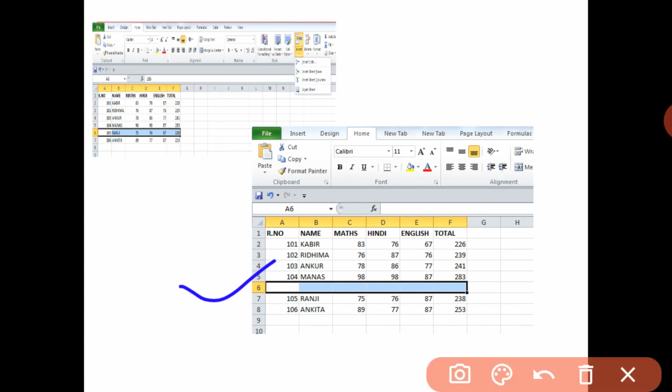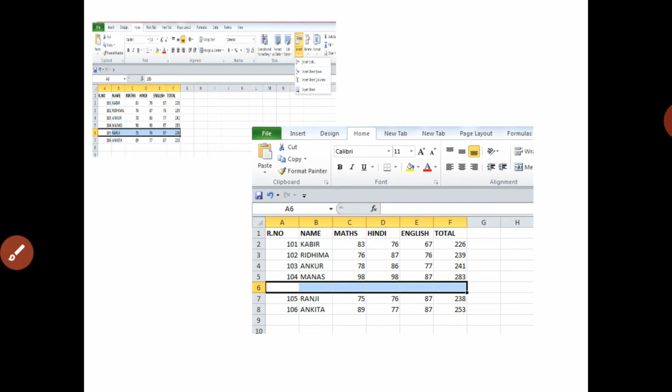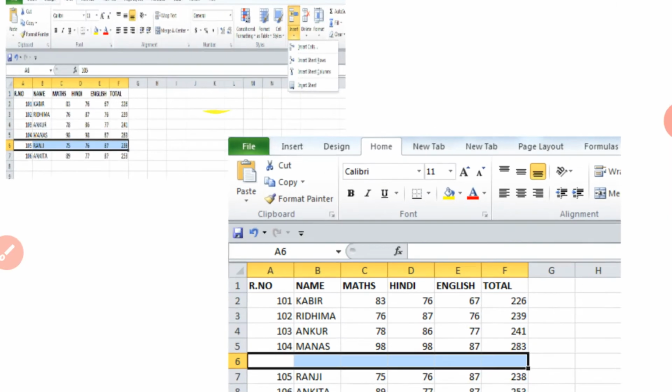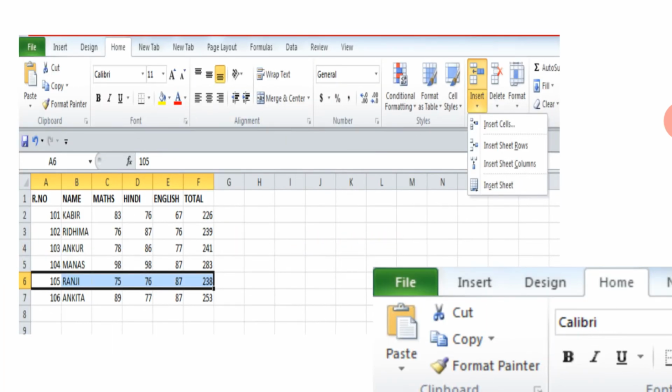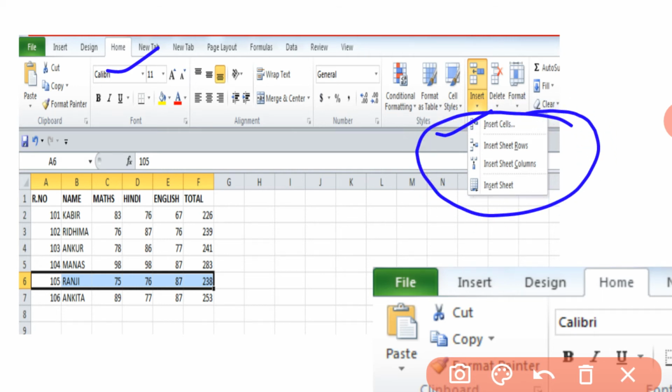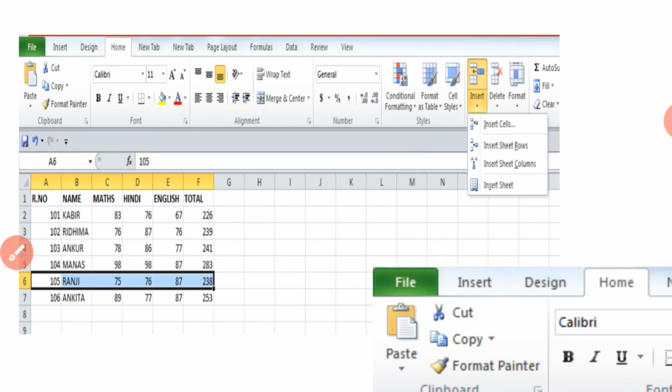The result is given here. You can see the new row is inserted. The same thing you can also apply to a particular column area as well. Or one more option we have to insert our values is in the format option. This is our home tab. In this home tab, we have this insert area, and with the help of that we can again easily insert a row, column or any cell if we want. So with the help of these options we can easily insert the new row and the column as well.